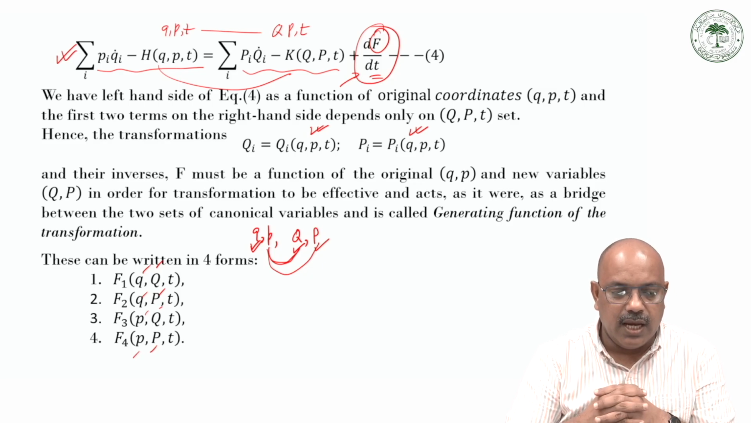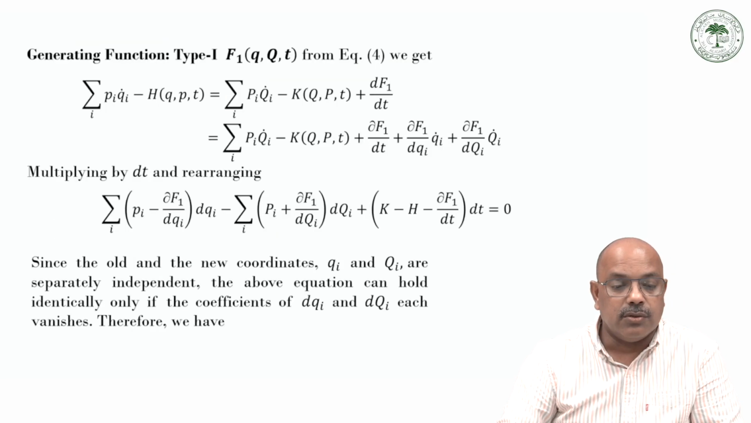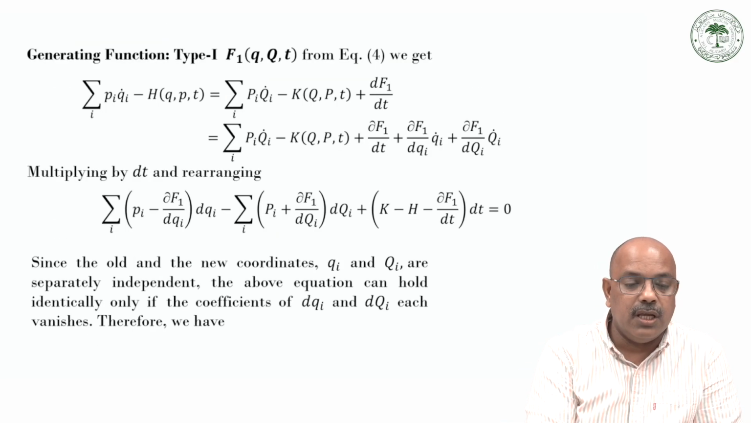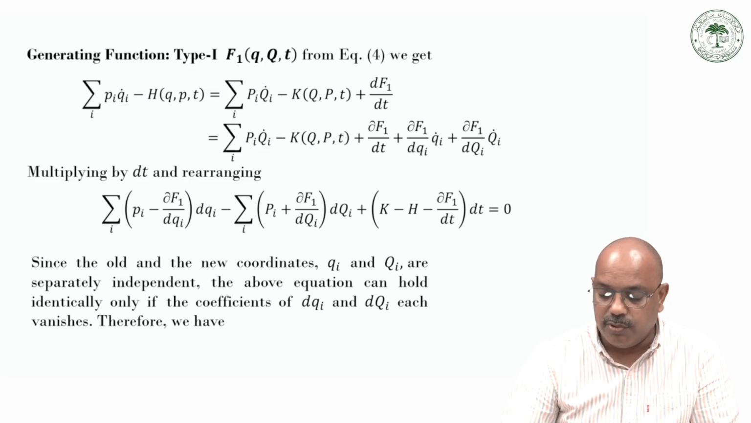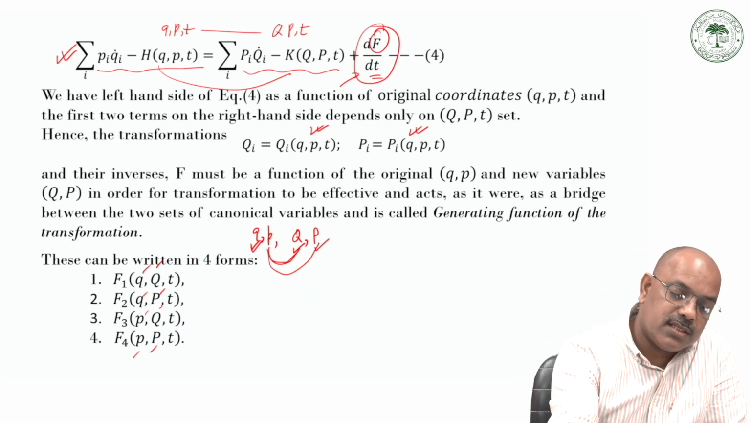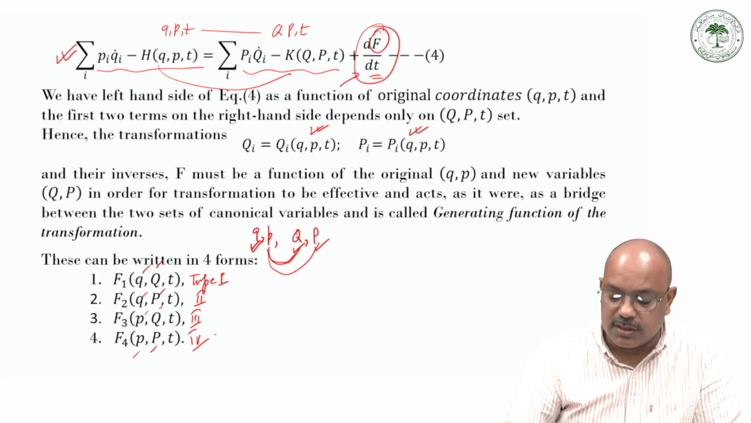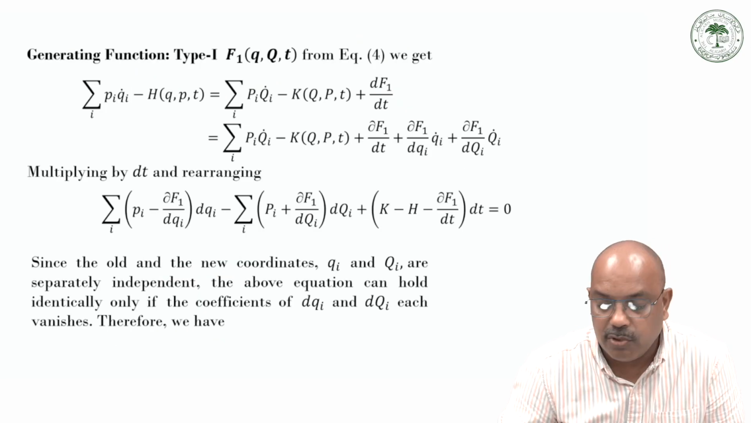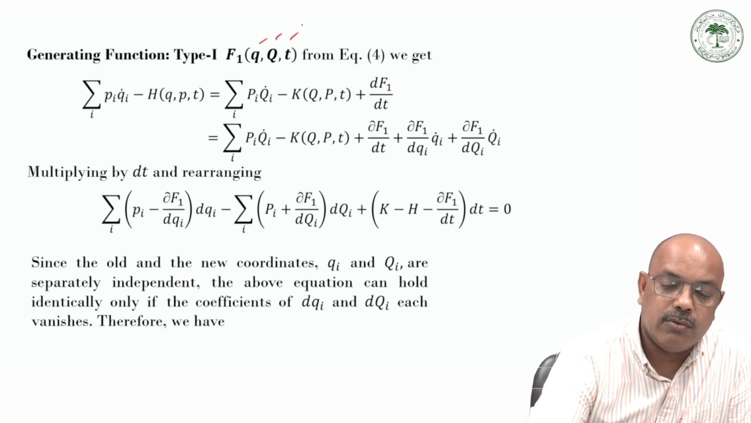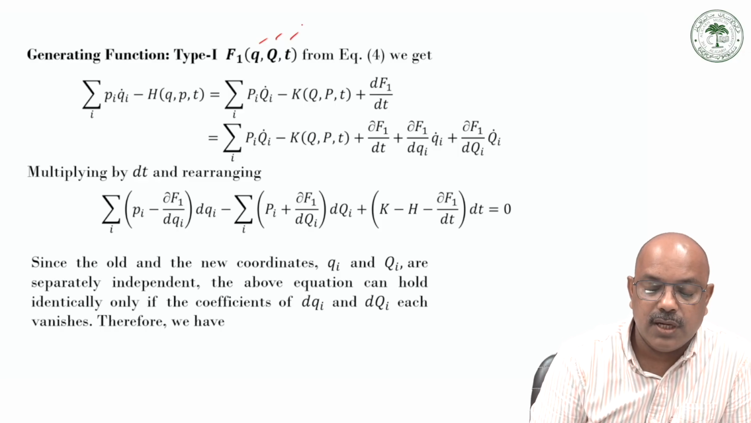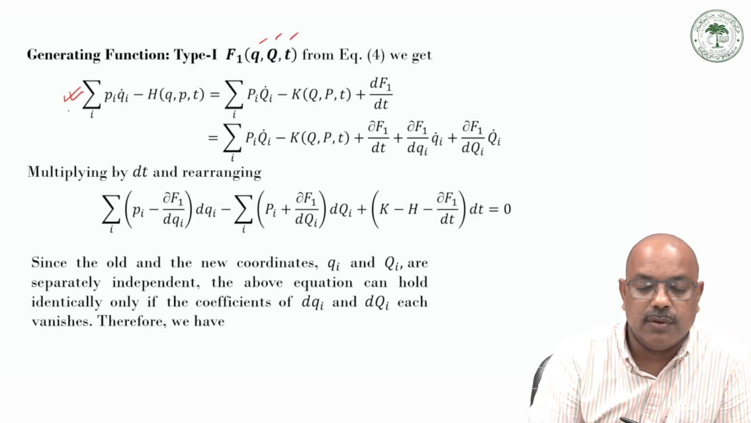So we have to figure out what the generating functions of these transformations are. Let us try to figure out the first generating function, type 1. These four are known as type 1, type 2, type 3, and type 4. There are four types of generating functions. Type 1 depends upon small q, capital Q and t. And from equation 4, this is my equation 4, we can have